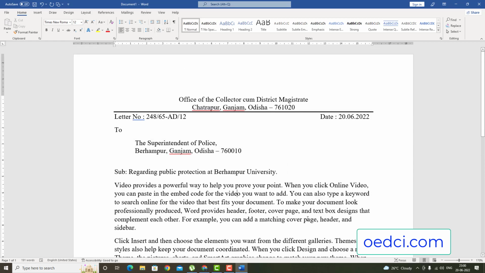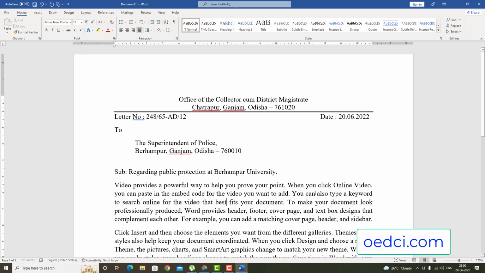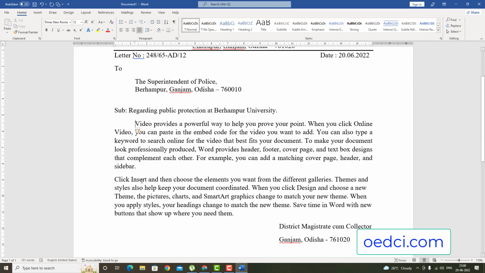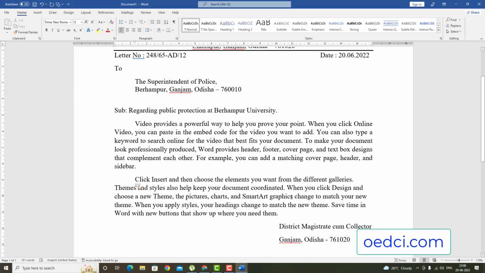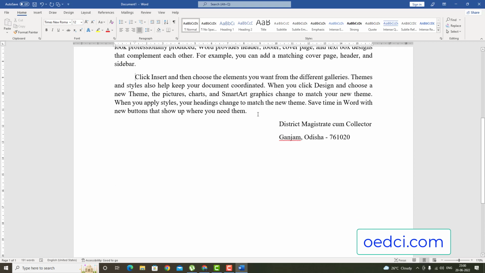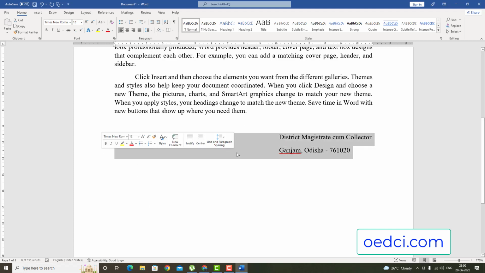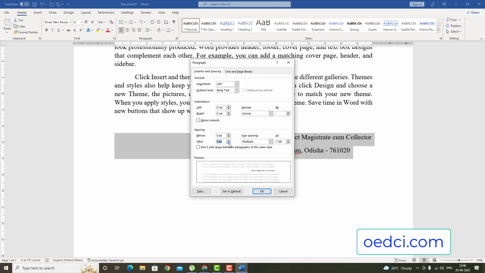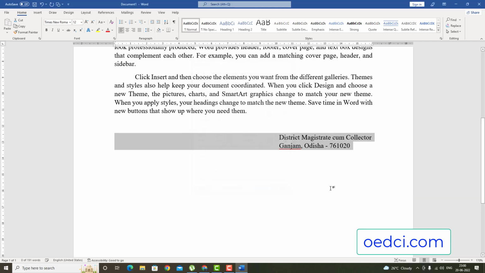then the body of the document should be Ctrl J in order to justify the alignment, and press a tab here, press a tab here, press Ctrl J for justified alignment, press enter to create a new line and select the content, Alt O P, then before and after 0. Okay,